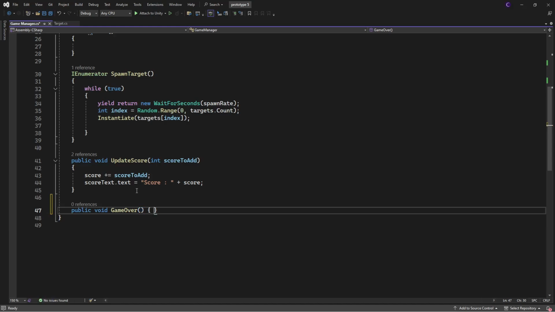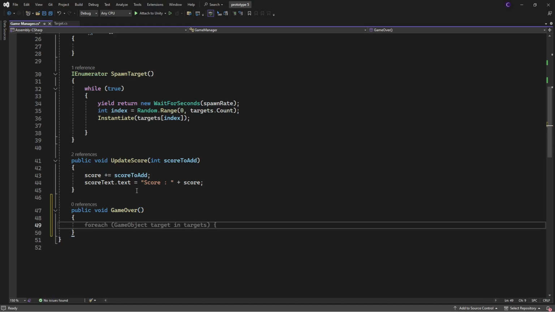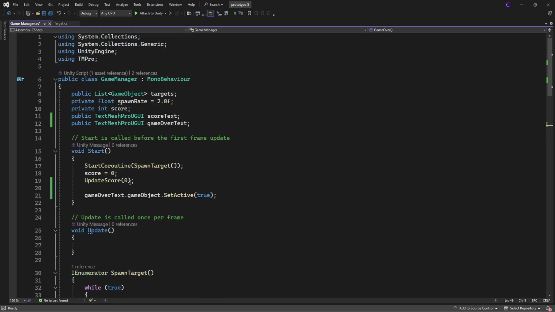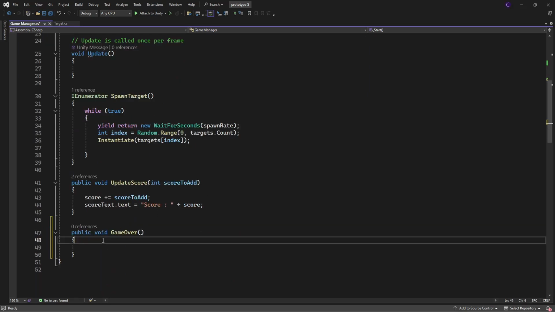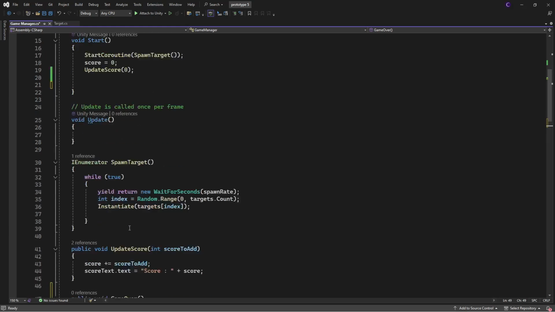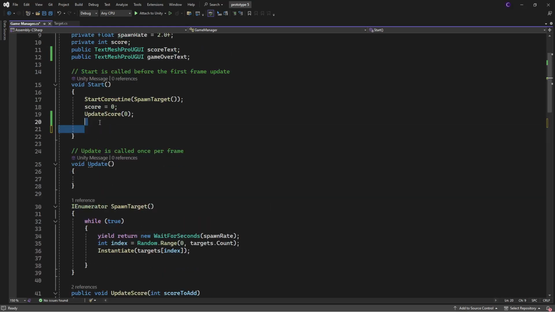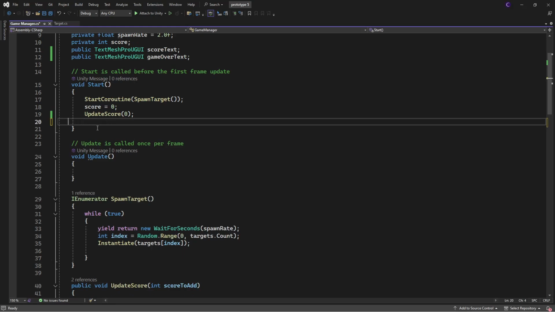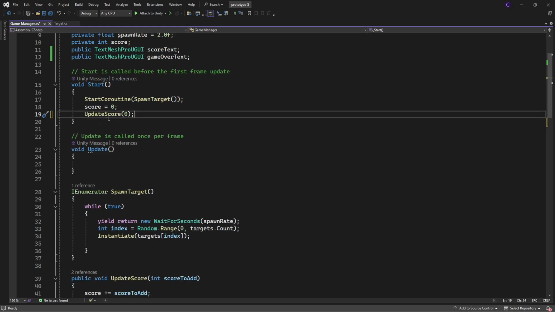Then these curly braces. Now we will go ahead and take our game over text, Control X, and put it in our game over script little area. Then we'll just go ahead and delete this right here just to make the code look a little nicer. And then